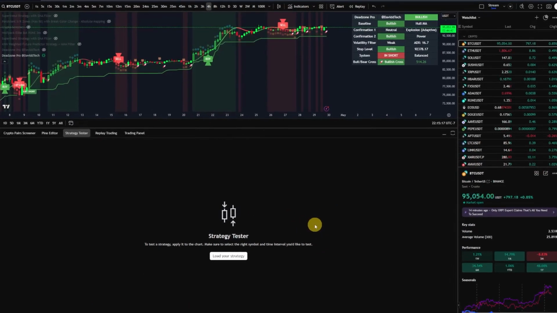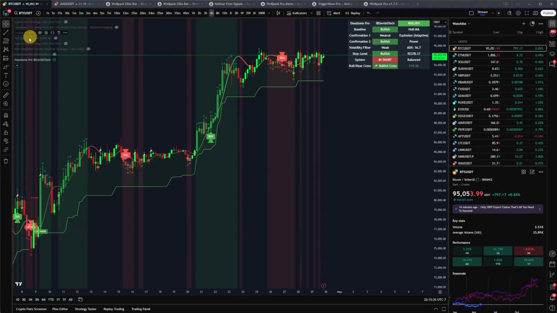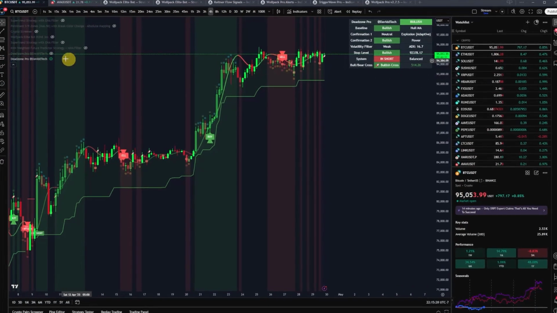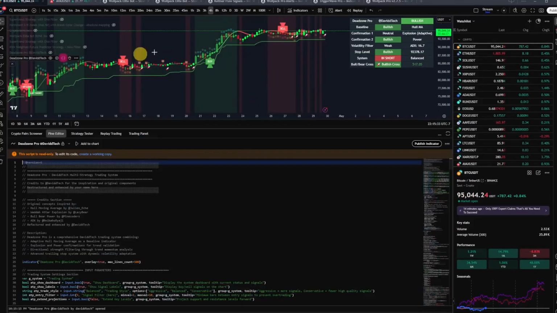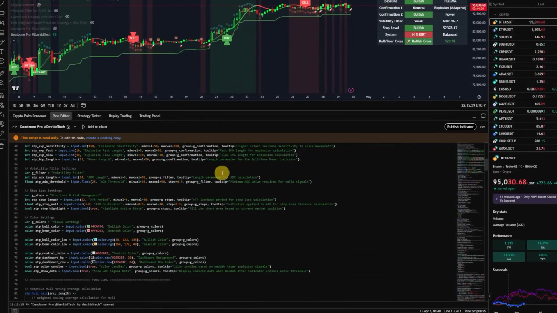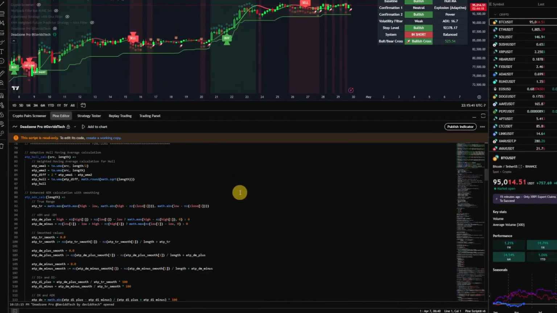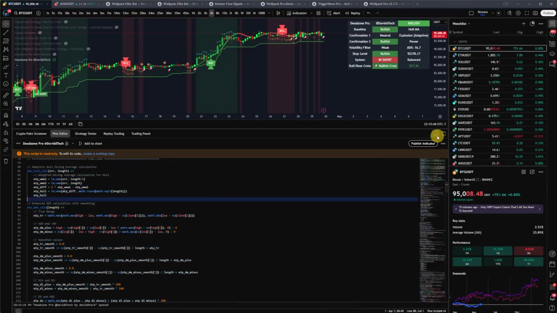So that's what we're going to do. We're going to look at what his rules are so we can plug those into ChatGPT and convert his indicator into a strategy. But first, what we have to do is check if this is open source or closed source. It says right here it's open source. So we can open up the source code by clicking that button right here, these parentheses. And this is the source code. So this is what we're going to be using in our ChatGPT prompt. So I'm just going to hit the copy button on all of the code,